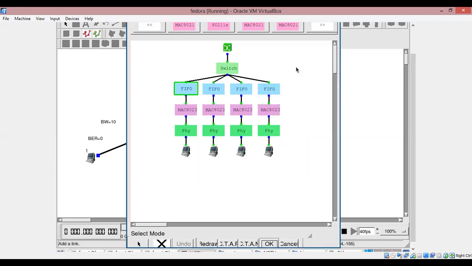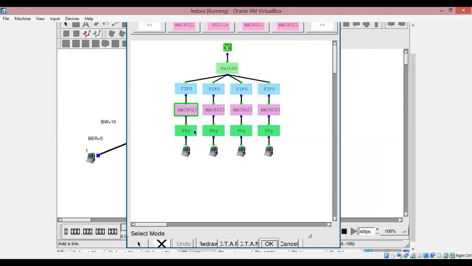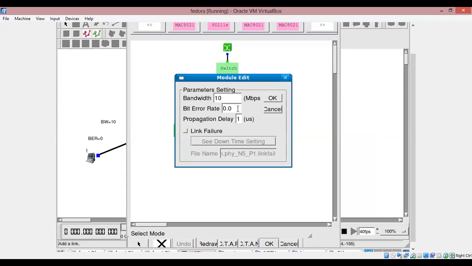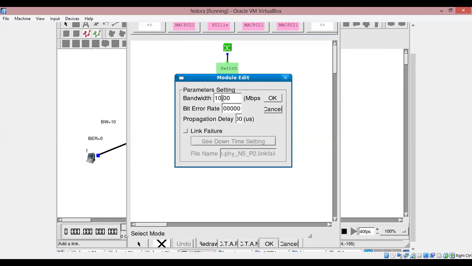Okay, so in this node editor, if you check the FIFO, you can see the queue length. So if you want to vary queue length, you have to change it in FIFO. If you want to change the other things, if you want to see which packets and all, you have to just check it here. Okay, so in physical layer, you can change the bandwidth. Understood? So this is 10. Okay, let it be. So here you can keep it as 9 for sender 2.